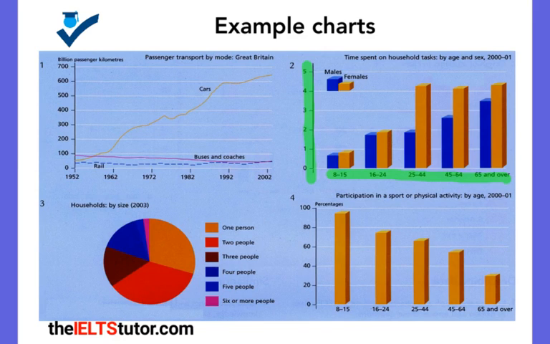Maybe something like, the graph shows the total number of kilometers per year traveled in Britain by 3 modes of transport